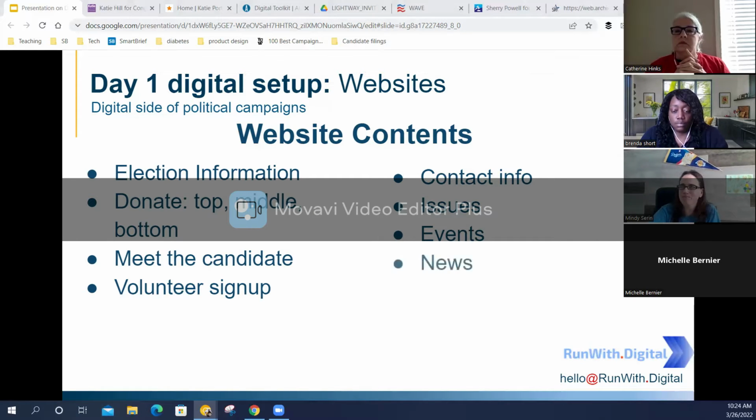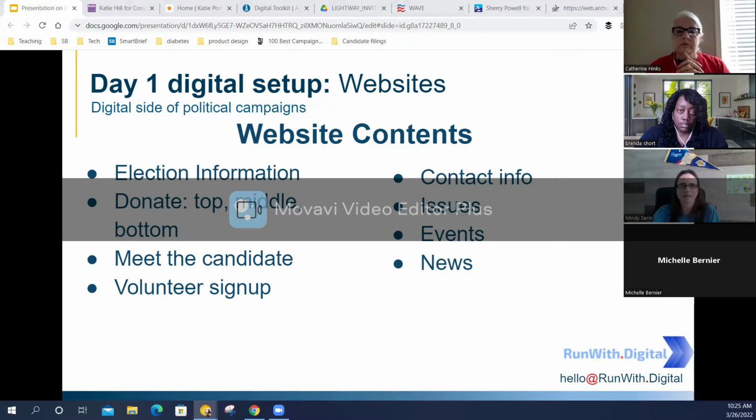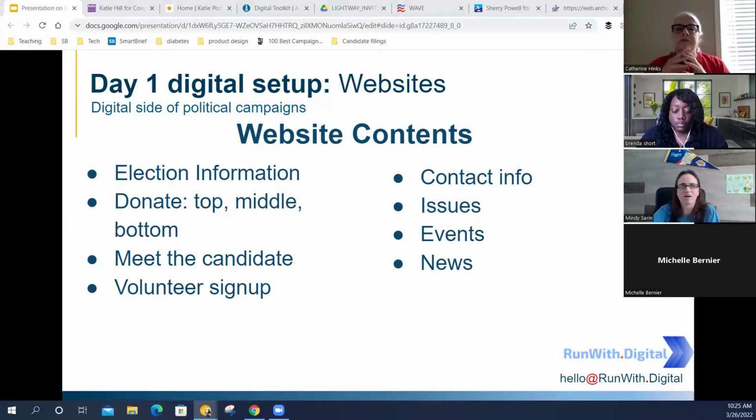You want to have a section for news. This is typically so-and-so was just endorsed by this club, by this elected official, that kind of stuff. If you can happen to generate press otherwise to get in the news for other things, that's awesome. You're going to want to have that as well. Some of my judicial candidates have been in the news for awesome cases that they tried. And so that would be very worthy of going onto the website.